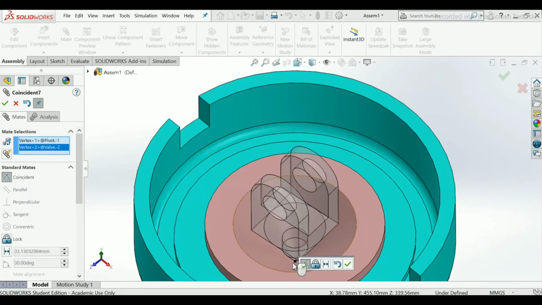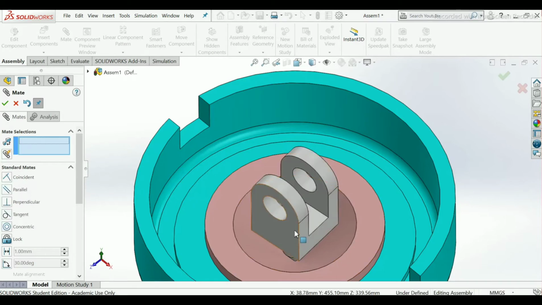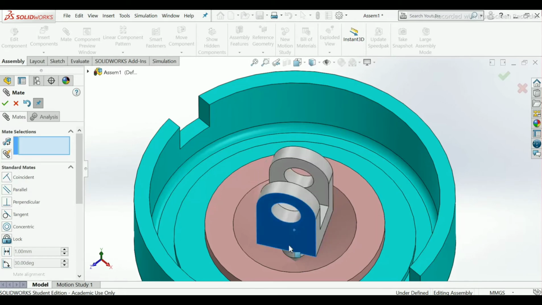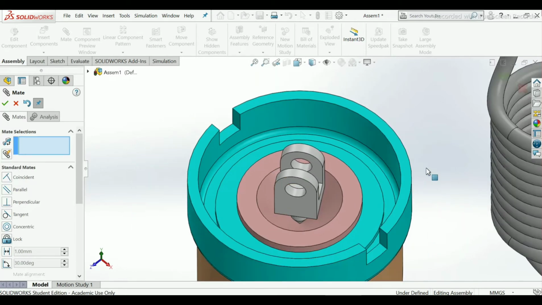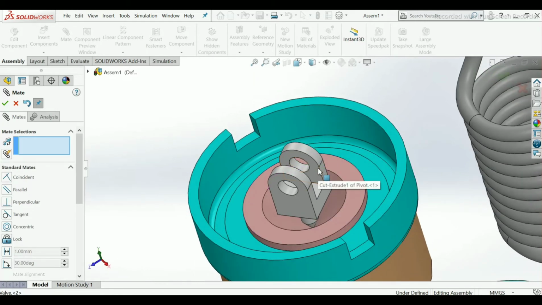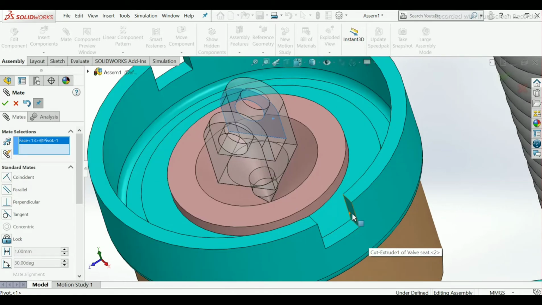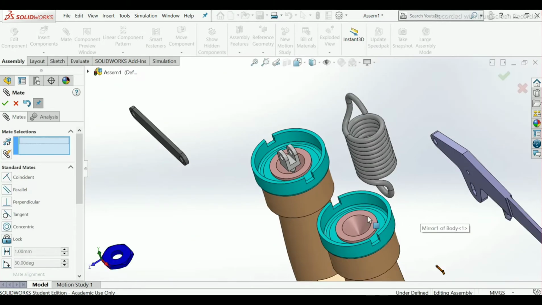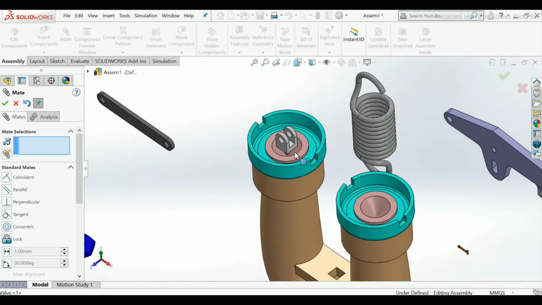Click, it makes coincident, click OK. But then also it moves by dragging with our mouse. So select this face and this face, it makes it parallel, so keep as it is, click OK. Now our pivot has been fixed.